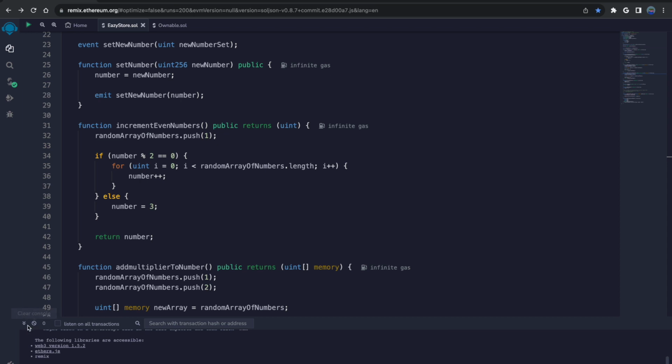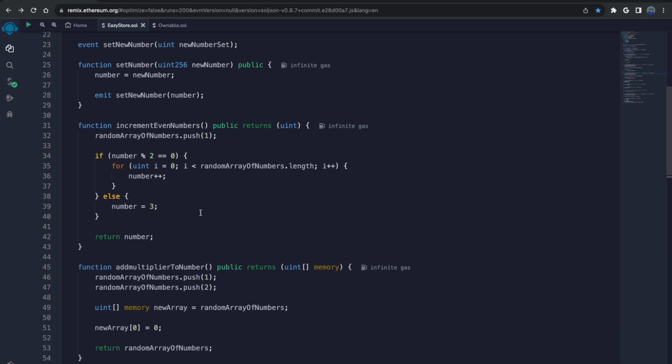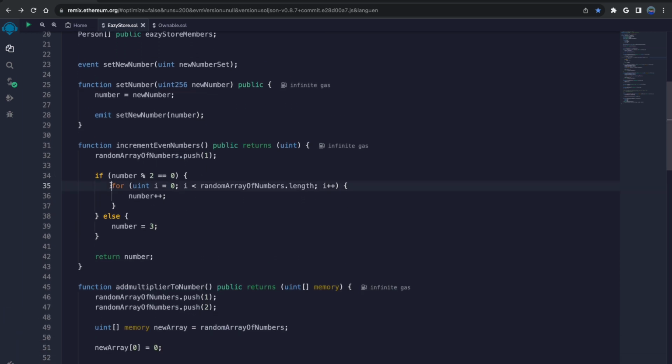Zoom in on that. All right, so when we look at this loop, we see that we're iterating over an undefined length of an array. What I mean by undefined is a dynamic array. This random array of numbers can grow to be however big we decide to make it.